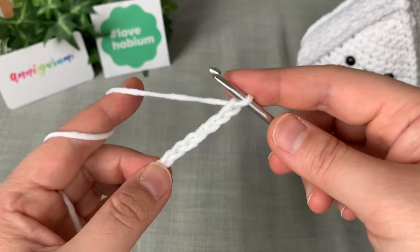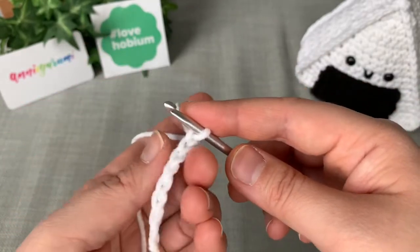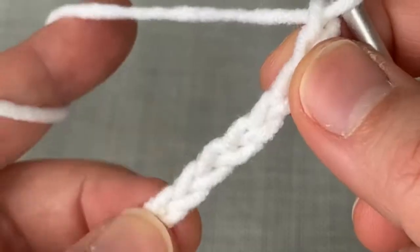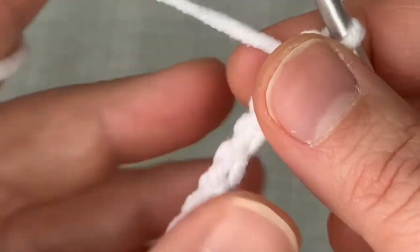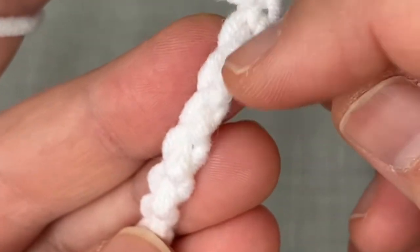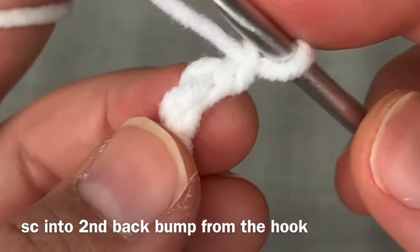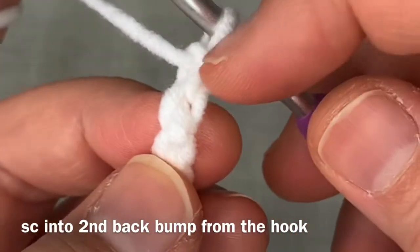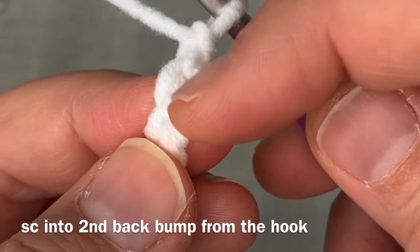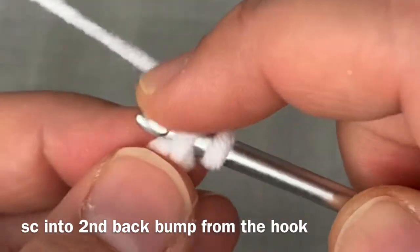So now I like to make the edging nice and neat. So again, we're going to the back bump, and this will be easier to see because you have more chains here. So you're going to turn it to the back, and you'll see all of these little bumps on the back right here. That's the back bump. Some people call it the third loop, but I call it back bump because it's in the back. So not the one that's coming from the chain from your hook here, but the second one. We're just going to do a single crochet into that back bump,